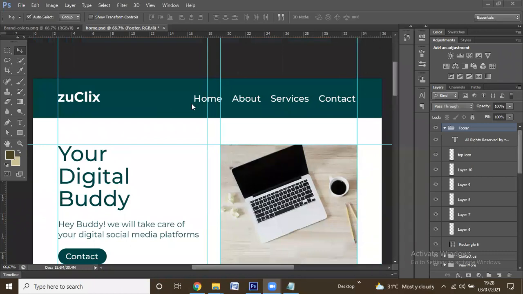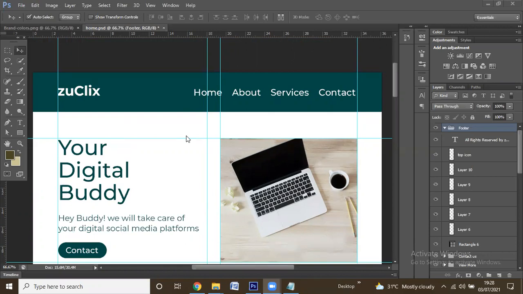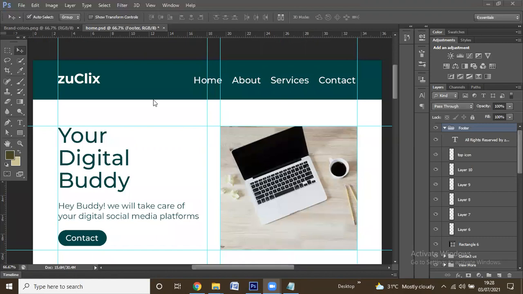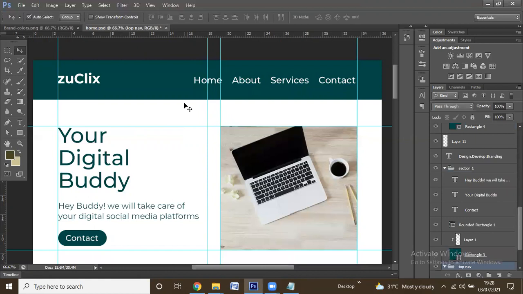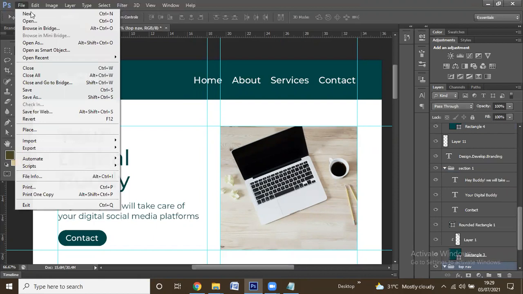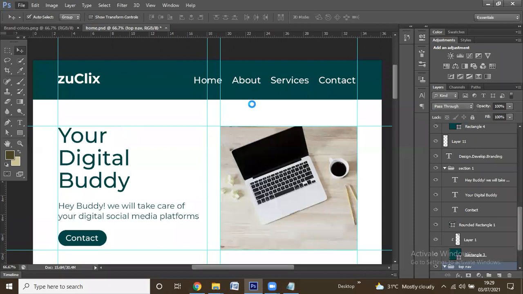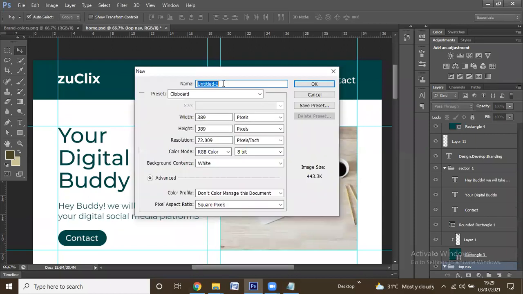Here, first of all, I am going to describe briefly about the Photoshop tools I'm using currently, and with this, how you can build a template like this. Whenever you want to create a file, you need to open a new file, either Control N or go to the File menu and New. So Control N, you will get a pop-up, and you can give the title later also, no issue.